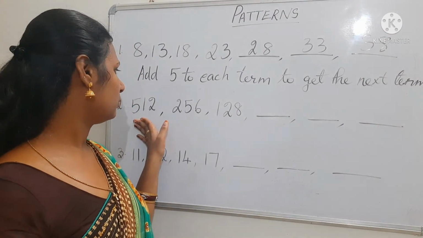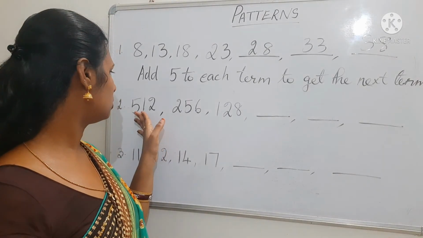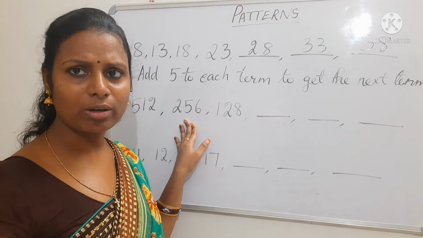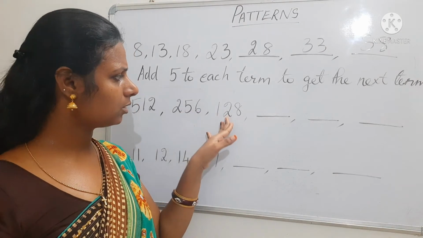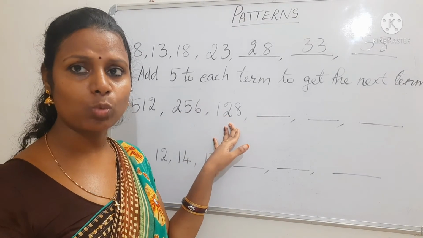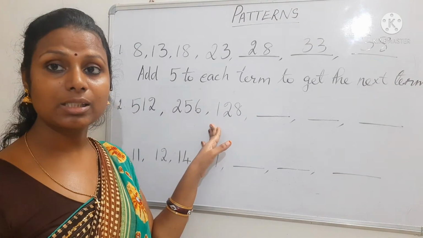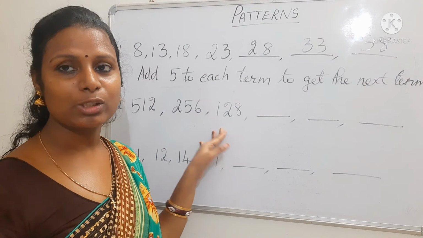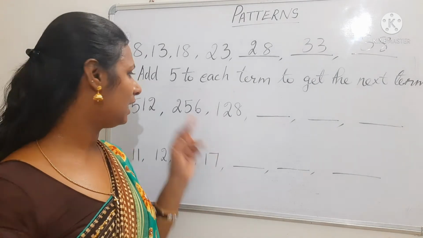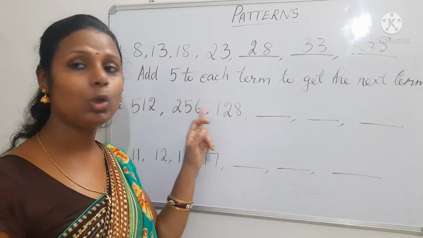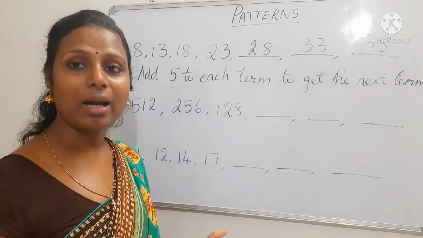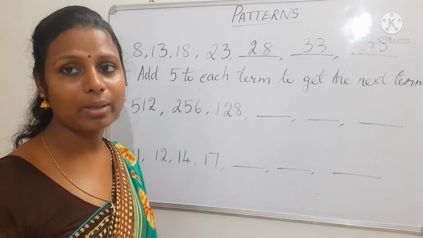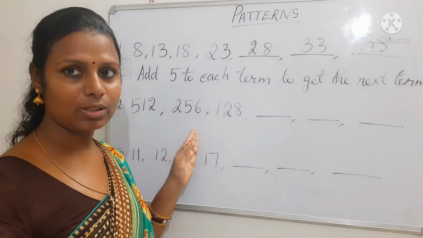Now see here, subtraction: if you take this one, 512 minus 256 means the difference is 256. Then 256 minus 128, that means the difference is 128. The differences we are getting here are different numbers. So it cannot be subtraction. ठीक है, यहाँ इन दोनों को माइनस करके जो आंसर मिल रहा है, वो सब अलग अलग है. तो इसलिए ये सब्ट्रैक्शन नहीं हो सकता. सब्ट्रैक्शन है तो सबको माइनस करके एक ही नंबर आना चाहिए, है कि नहीं? तो इसलिए सब्ट्रैक्शन नहीं है.